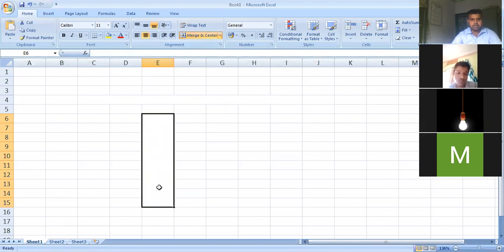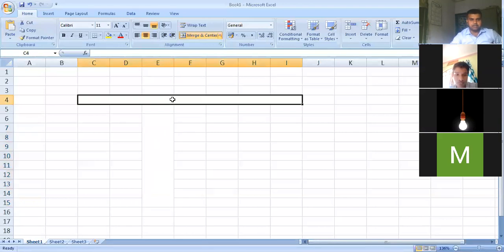All these multiple cells are already joined. I hope you can see it on your screen. There are no line partitions in the middle. So this is the process of merging the cell.